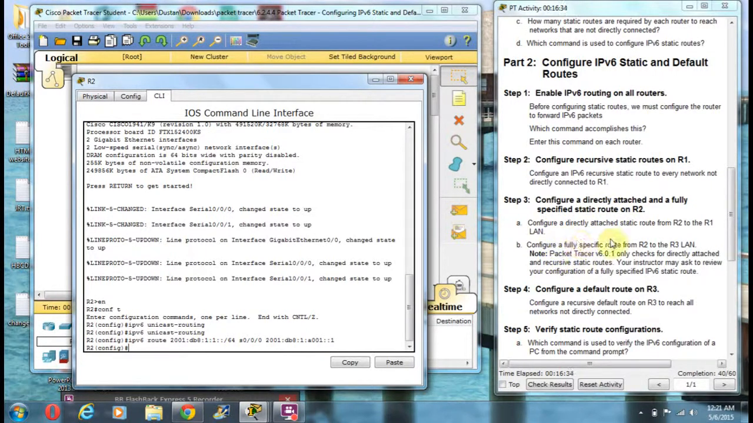Configure a fully specified route from router 2 to router 3. In order to do that, we can stay here in router 2, that's just fine. And this time we've got to go IPv6 route 2001:db8:1:3::/64